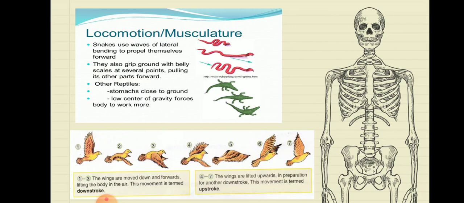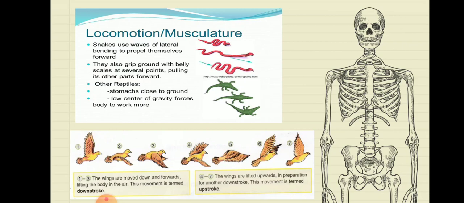Yes, the muscles and the bones are attached to their wings which help them to fly. So this is how the lifting of their body is done with the help of the hind limbs that they have. The hind limbs help them to lift the body up, and then they start flying.